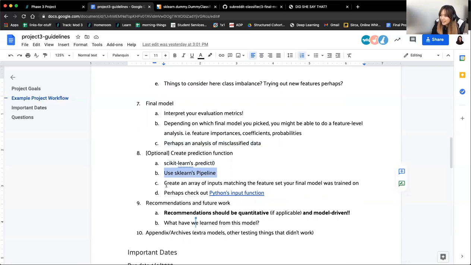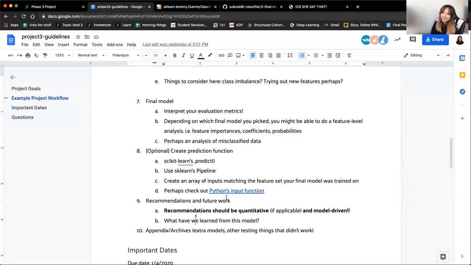For the prediction function, again, you have to create an array of inputs matching the feature set that your final model was trained on. That's how the predict function works. If you had 10 features, you just have to create an array of 10 numbers and you can predict on that. And something else you can check out, for those of you who have more time after this: